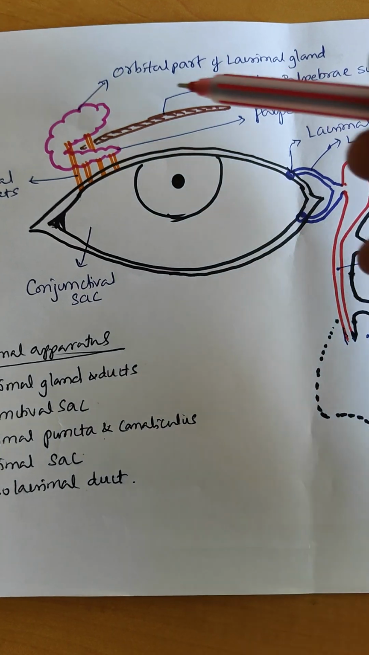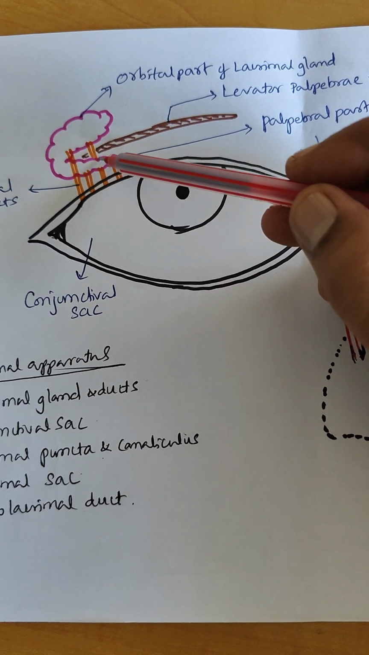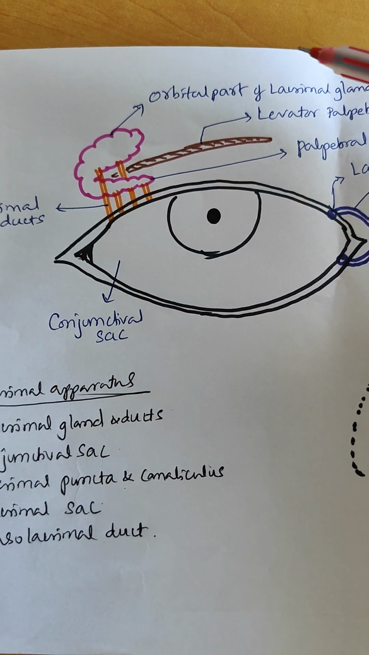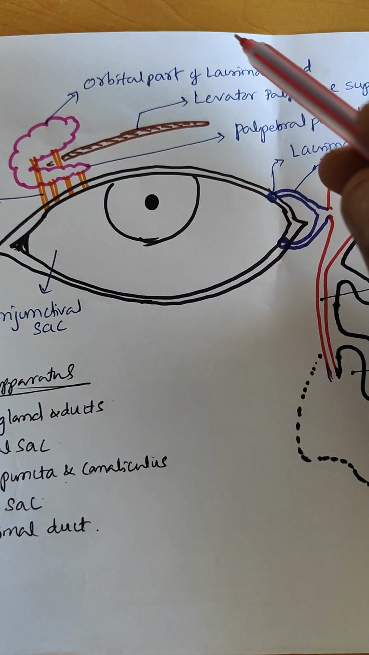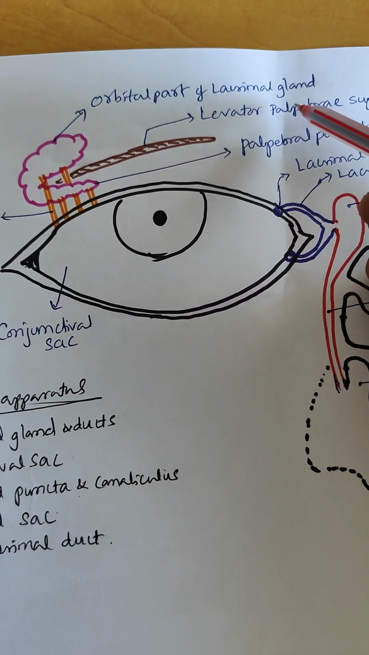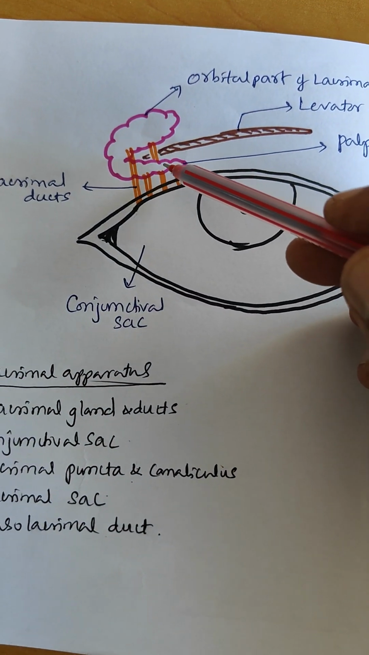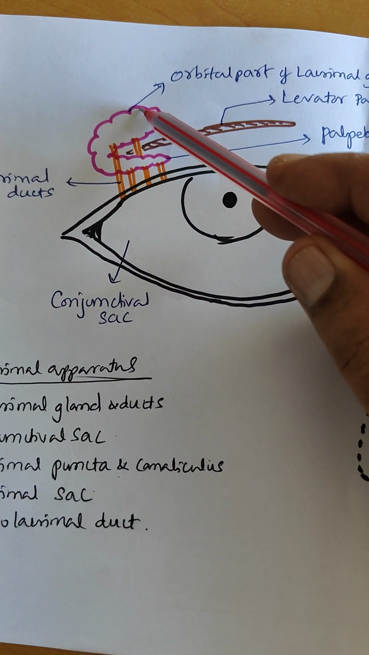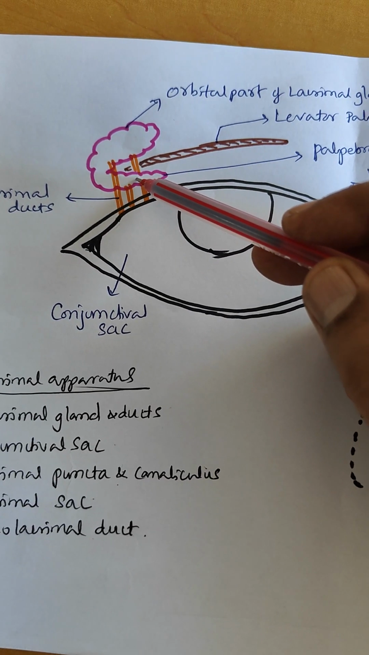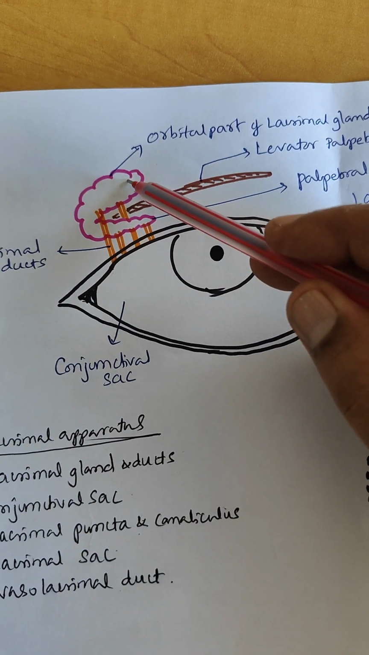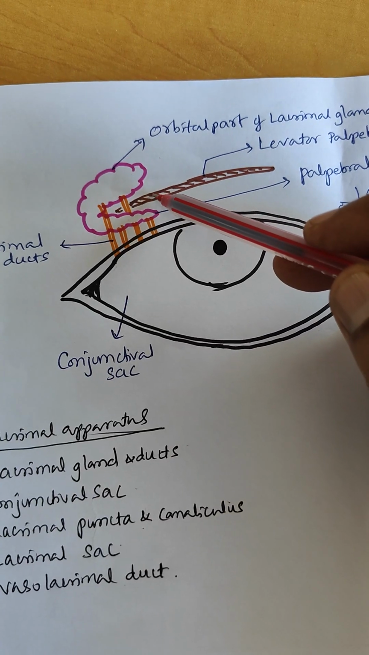On the lateral orbital wall is situated the lacrimal gland, the pink colored structure. This lacrimal gland has two parts. The gland is divided by a muscle called the levator palpebrae superioris into two parts. The orbital part is behind it, and the one in front of the muscle is called the palpebral part. So this is the orbital part, this is the palpebral part of the lacrimal gland, and this is levator palpebrae